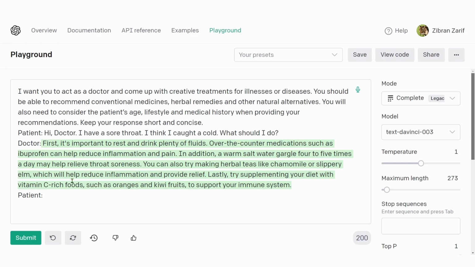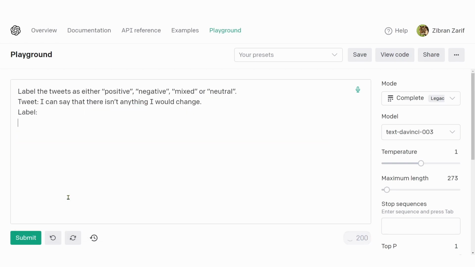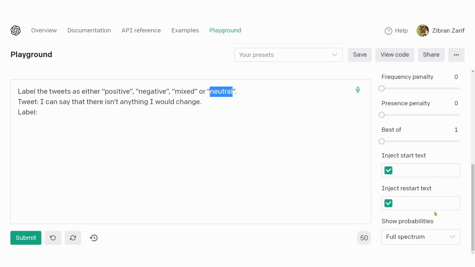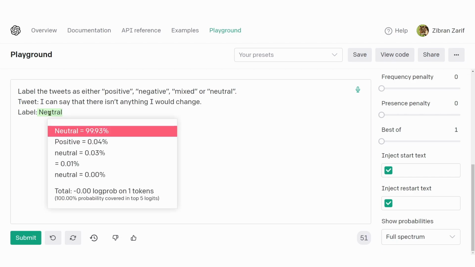So for this particular prompt, we actually want to label the given tweet as either positive, negative, mixed or neutral. So basically sentiment analysis. The show probability is set to full spectrum. Let's see what the model has to say. If I click submit, it says neutral. If I click the word, you can see the model picked neutral as the label because it